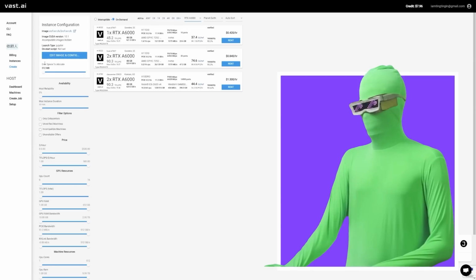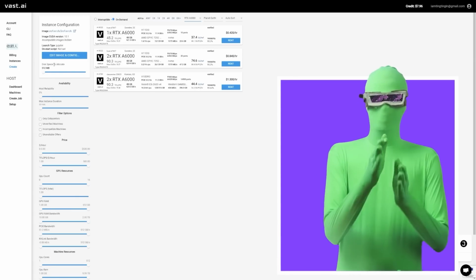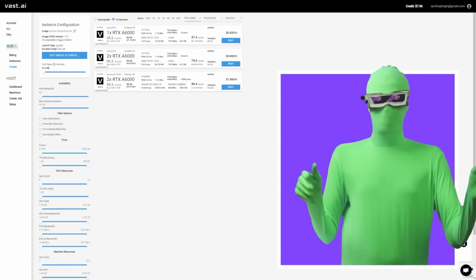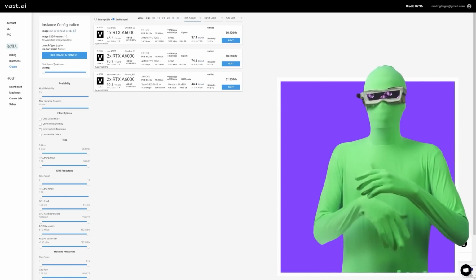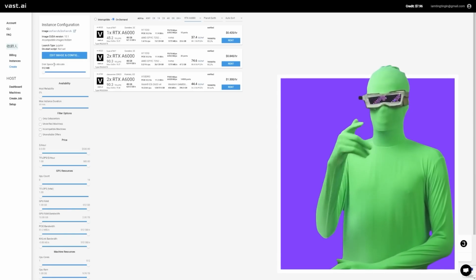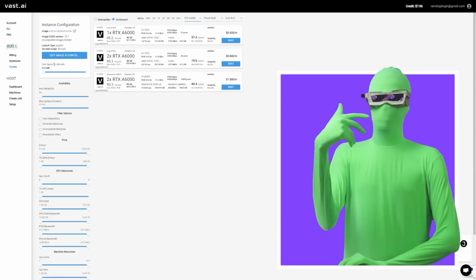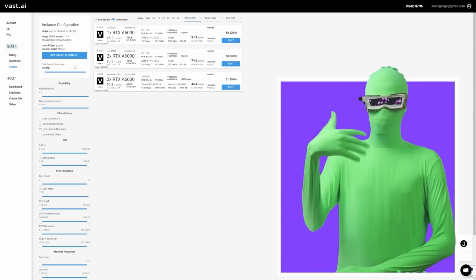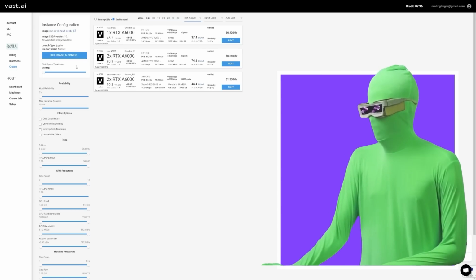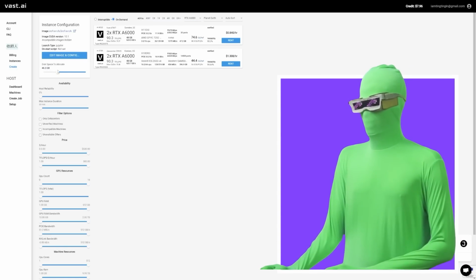So first thing you want to mess with is disk space to allocate. This is how much space the instance is going to have access to. You want to make sure this is not too small, otherwise you won't even be able to download the files once you end up on the instance, okay? So you need to make sure you have enough space because you cannot increase the space after the fact. You have to delete the instance and start over, and you get billed for that time that you're using an instance that you can't even do your thing properly, right? So I would say the minimum amount you want to set this to is about 100 or so. But realistically, you could probably do about 50.